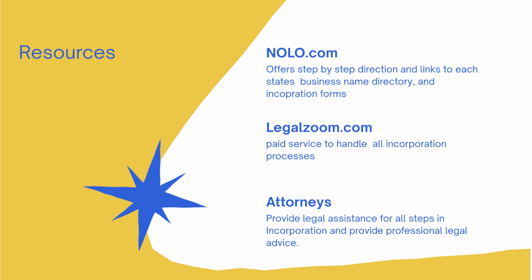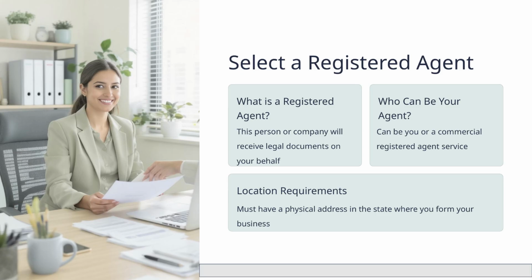If you would rather pay someone to incorporate for you, consider sites like LegalZoom.com or other online legal groups. They provide legal expertise that is usually less expensive than an attorney. Or hire a private attorney to help you. Knowing which legal business structure you need and having gathered all needed information before you go to an attorney will help reduce fees. Next, select a registered agent to receive legal documents on your behalf.